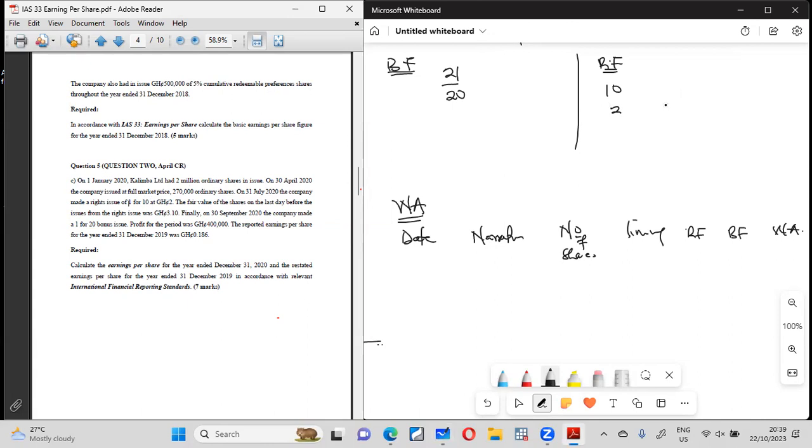So 10 and 1, right? 1 for every 10. So the 1 is priced at 2 and the 10 is priced at what? 3.1, right? You see that. Fair value at the last day, yes, 3.1. So this one will give us 31, and here will be 2. So we have 33